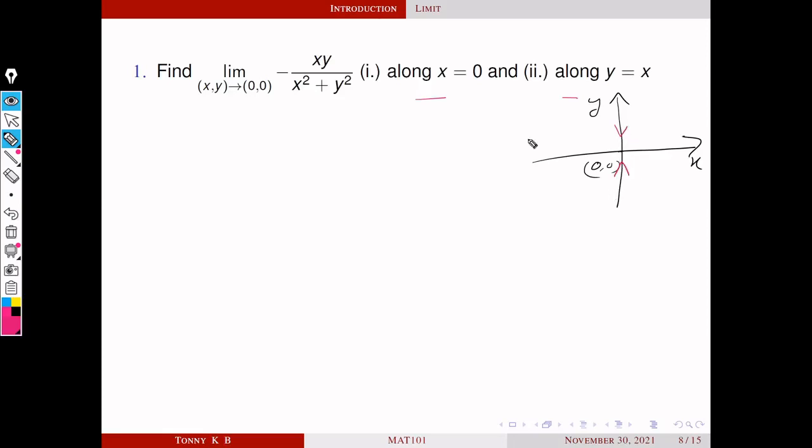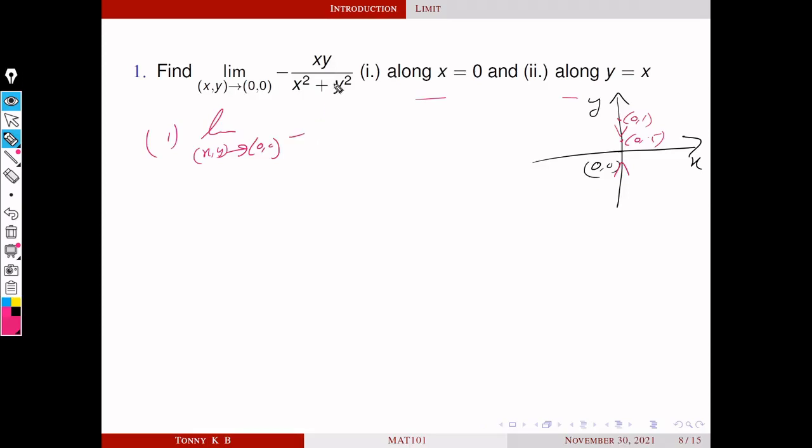Okay, so it is clear that when x equal to 0, whatever the point may be, 0 1, or 0 0.5, like that, these points are tending to 0 0. So whatever the point is, the x value is always 0. So what about this